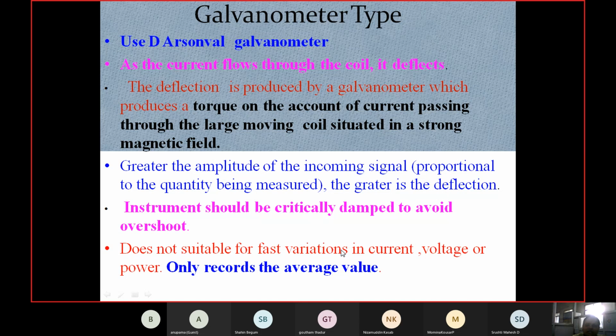Three phase is again high, we can't measure such parameters. If it is 10 volts, 5 volts, or 3, maybe 15 or 20, within the limit, if I am going to record some of the parameters, I can use the galvanometer type. Okay, that's the point here. Then the galvanometer type recorders record the average value only.